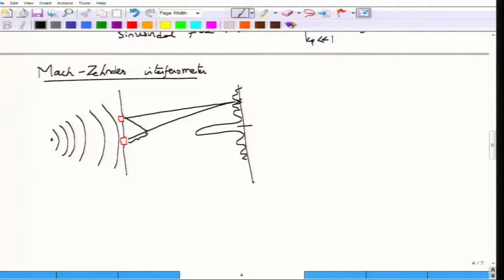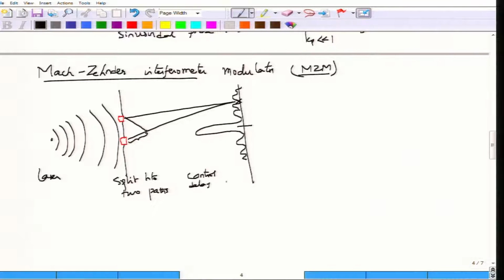Based on this idea, that you can take light, split it into two paths, delay one with respect to the other, and then combine them, is an interferometer. That interferometer idea is behind what is called a Mach-Zehnder interferometer modulator, or sometimes a Mach-Zehnder modulator, MZM. This MZM works on the principle that it takes light coming from the laser, and this would be the laser for us, and it will split into two paths, and then create or control the delay through one path,